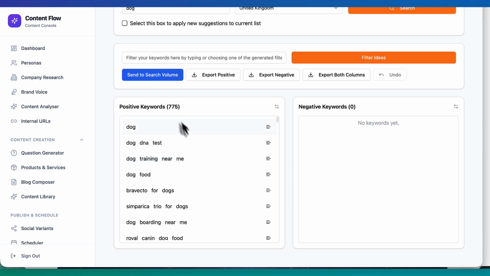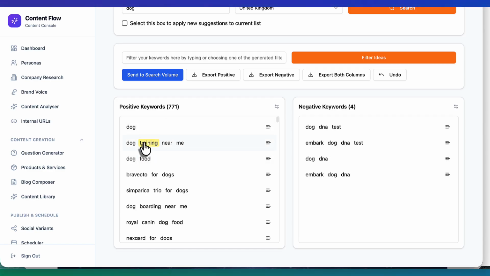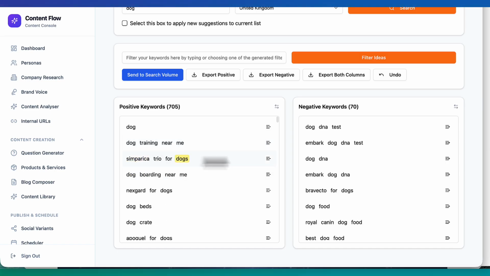In this particular instance, we can click on whichever word we want, and that will then put that into a negative. So a positive keyword is a keyword that we know we want, or we're unsure. So if we're unsure about a keyword, we leave it in positive. A negative keyword, obviously, if we don't do food, for example, dog food or dog training, we can then basically